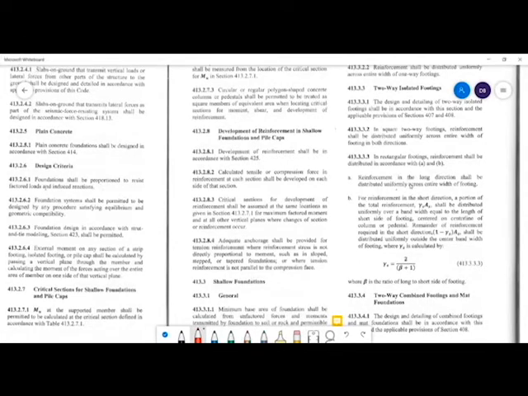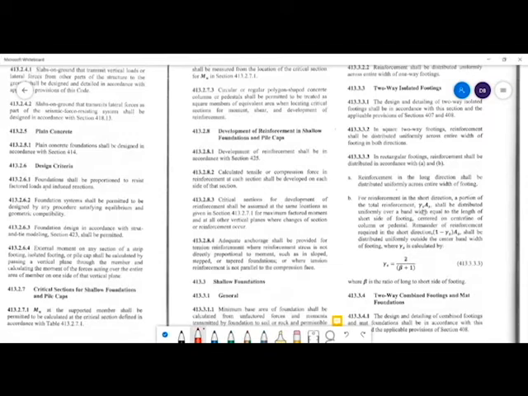In square two-way footings, reinforcement shall be distributed uniformly across entire width of footing in both directions. In rectangular footings, reinforcement shall be distributed in accordance with A and B. Reinforcement in the long direction shall be distributed uniformly across entire width of footing. For reinforcement in the short direction, a portion of the total reinforcement, gamma S As,